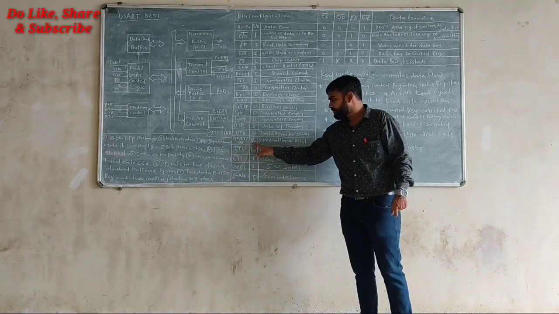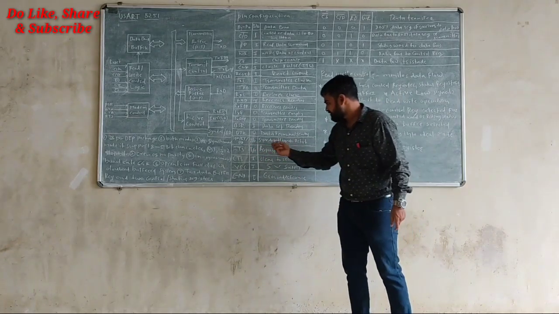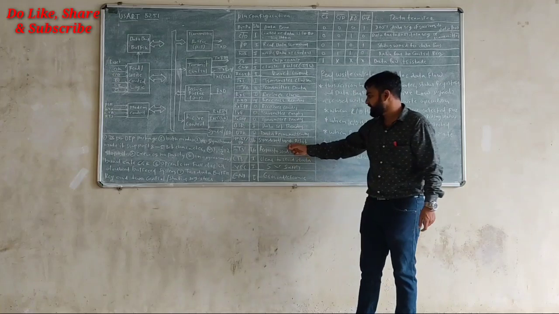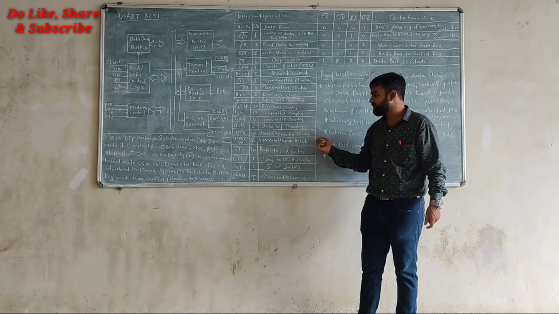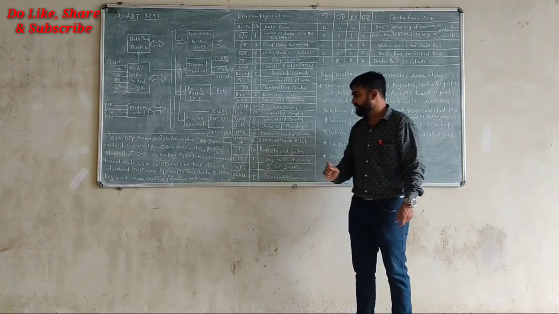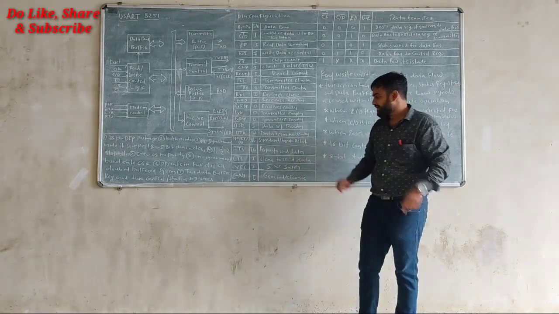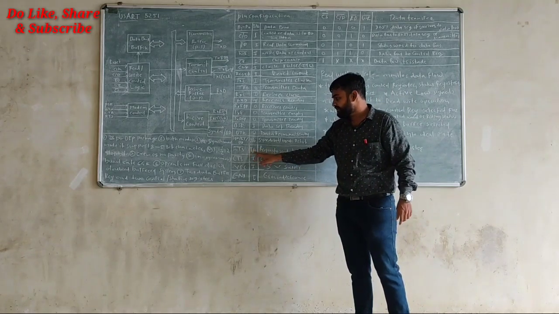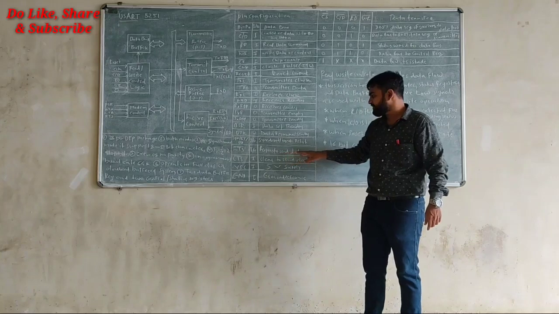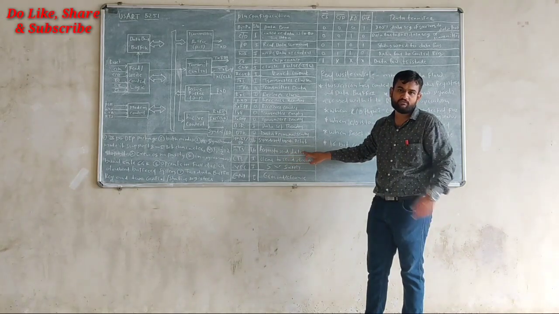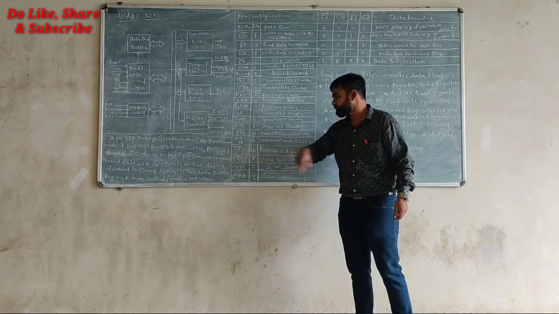It is used as both an input and output pin, and it is used for synchronous detect or break detect. For that purpose we need this pin here. Then RTS pin is there. What is the meaning of the RTS pin? RTS pin is used as an output pin, and it is used for request to send data. Whenever you want to request for sending the data, you need to change the value of the RTS pin.